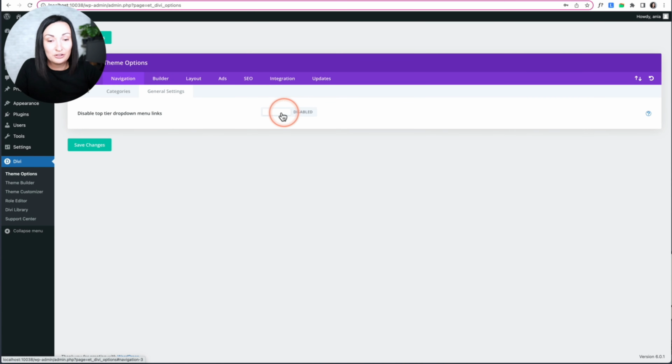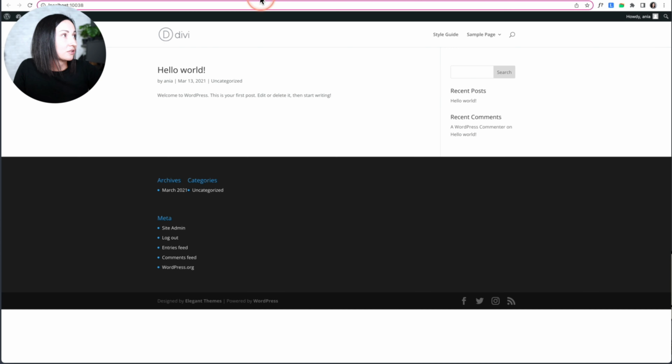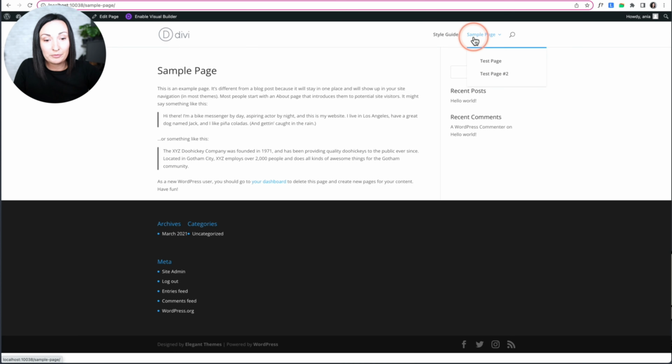And that setting will affect your menu, even if it's your custom menu from WordPress, whether it's a menu module or default Divi navigation, because there is this distinction here as well. So this setting will basically, oops, sorry, let's open. So here I used sample page as a parent for these two, and it's still a link, like it is a sample page. If you want to create a menu that the top menu item has sub-menus, but this one